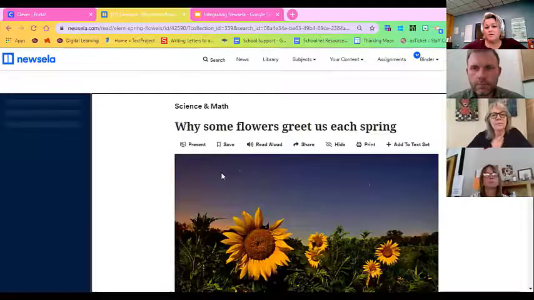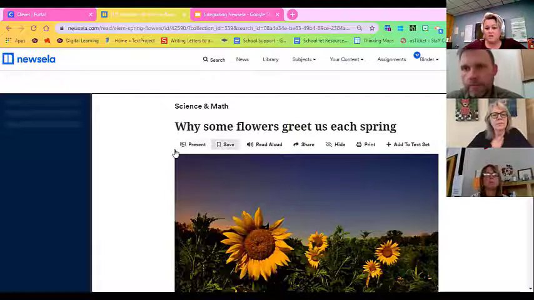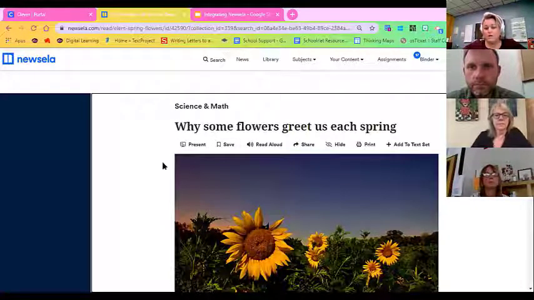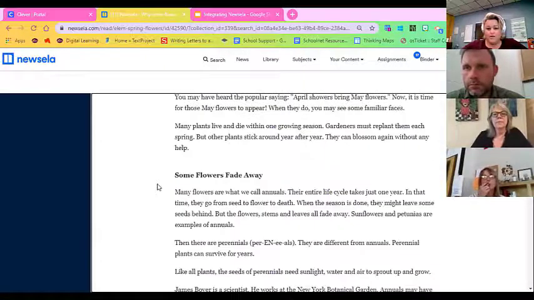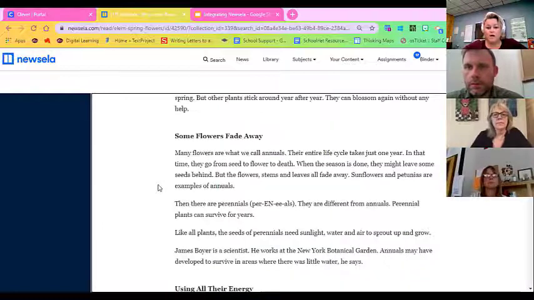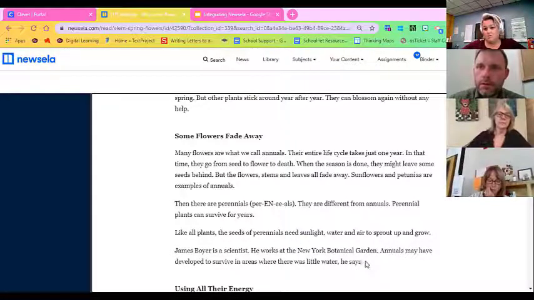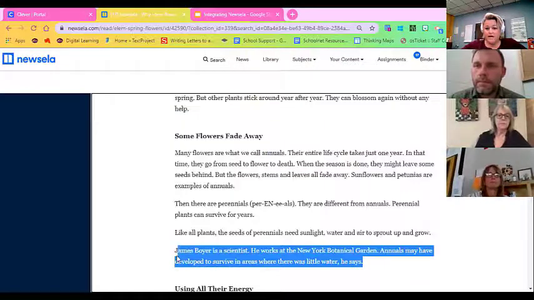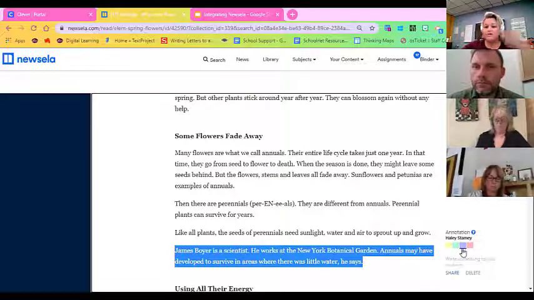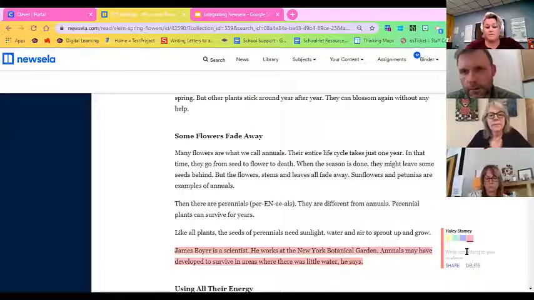And I can spend a few minutes reading through it. Once again, everything's up here at the top, but if I want to assign it out for my kids to do, they might be at home or in a hybrid situation, I can look at the article and think, is there somewhere where I want my kids to stop and do a distributive summarizing, or do something in this article? I can actually add some annotations beforehand. So if I were to highlight this sentence, you can see I have some sticky notes over here, or some colors over here. And I might add in a thought here. This is where I want them to stop